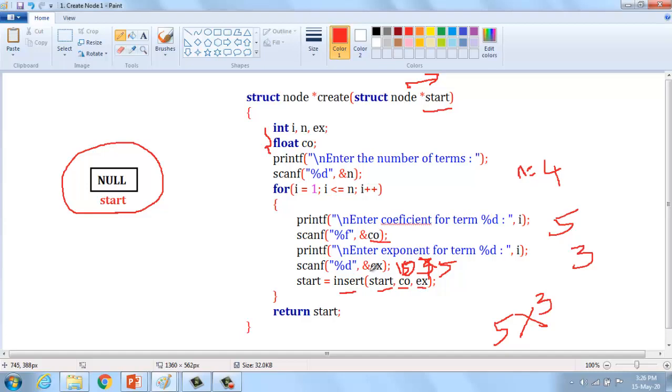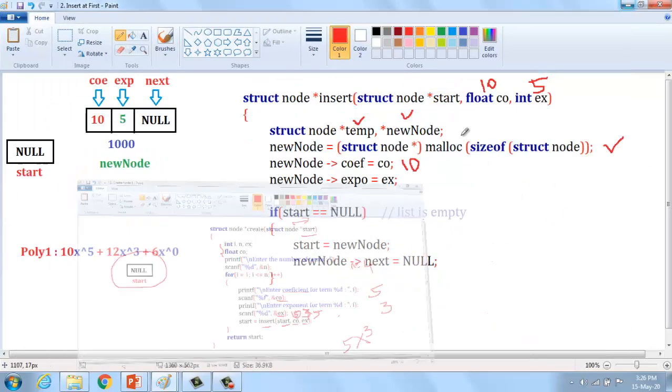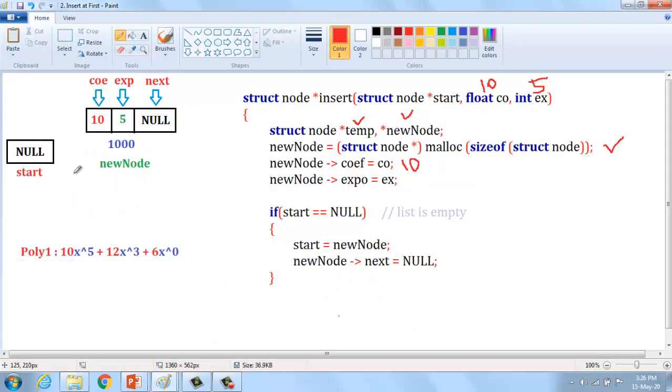Here I entered, here also I entered exponent. New node of coef equal to co is 10, and new node of exponent equal to ex, ex also 5. I understand, that is new node of expo should be stored as 5.